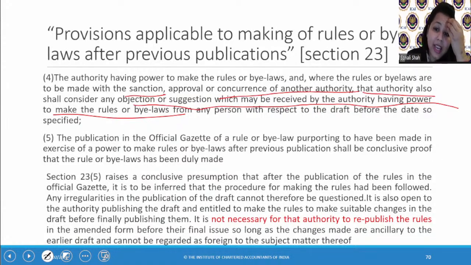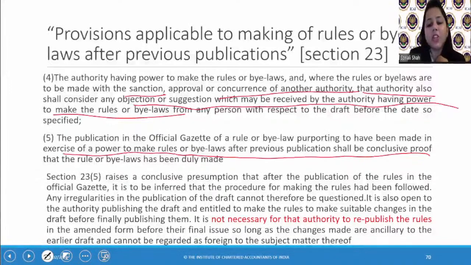Now this authority, if there is any other authority whose approval is to be taken, will take into consideration the objections or suggestions that have been received. After that, the publication in the official gazette of a rule or bylaw purporting to have been made in the exercise of a power to make rules after previous publication shall be conclusive proof that the rule or bylaw has been duly made. So once the objection has been made,